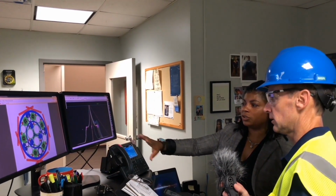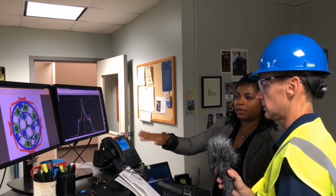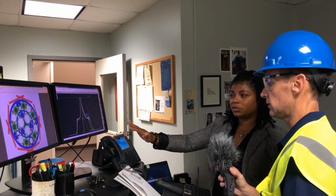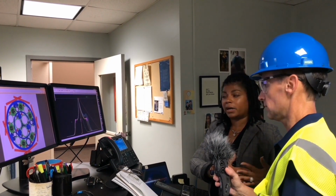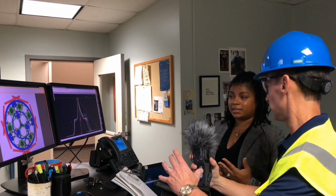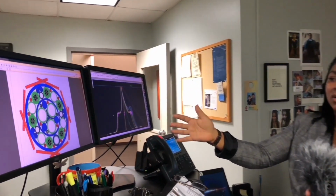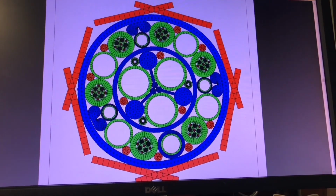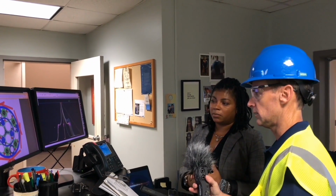So during installation, you have a tensioner system, and the umbilical goes through it to be safely installed. And the reason why they go through a tensioner system is to hold the tension so that they can lay the umbilical correctly. And to do that, it has to squeeze some, right? Squeeze it. So this is looking at the maximum crush load that the design can take, so that we don't damage any of the components,